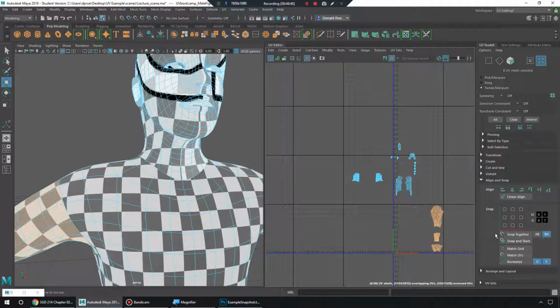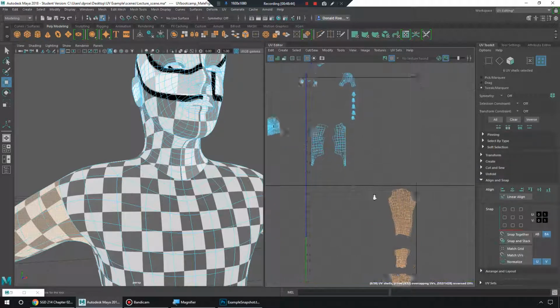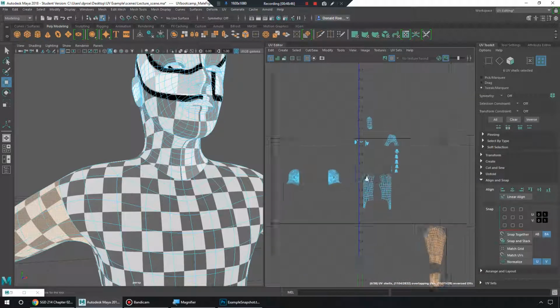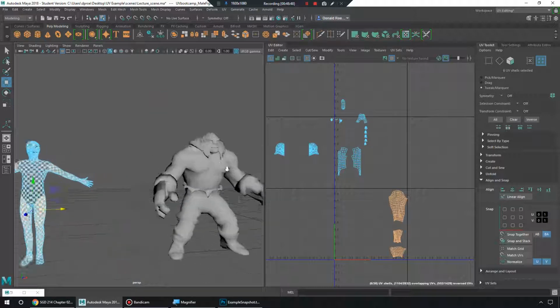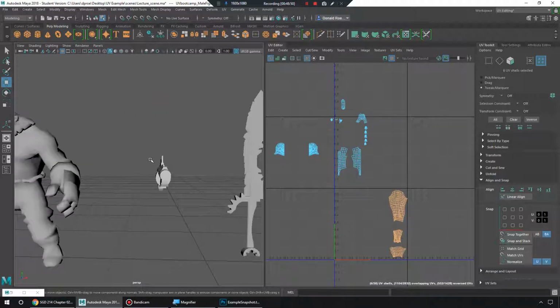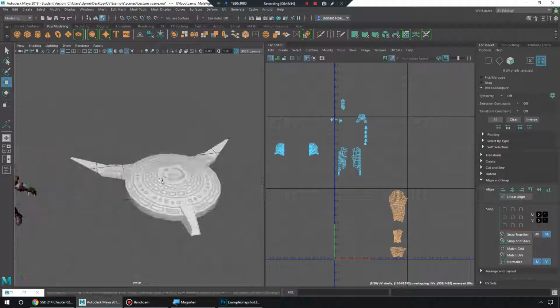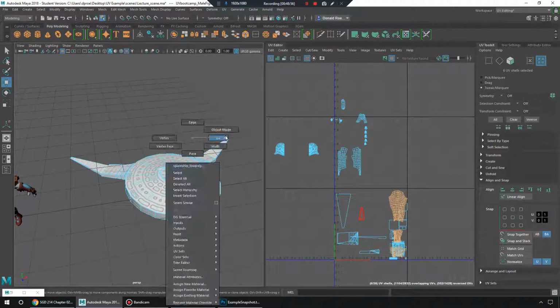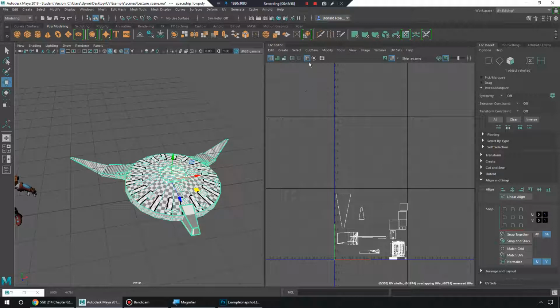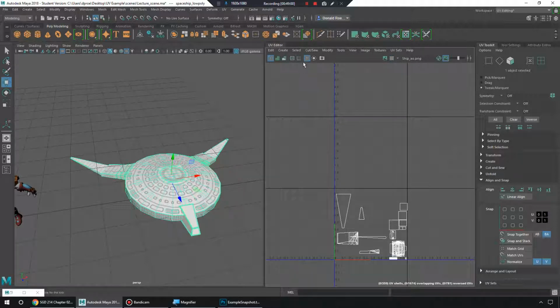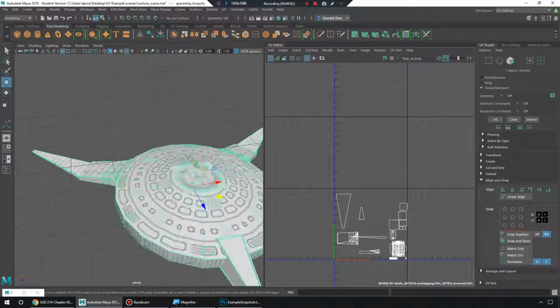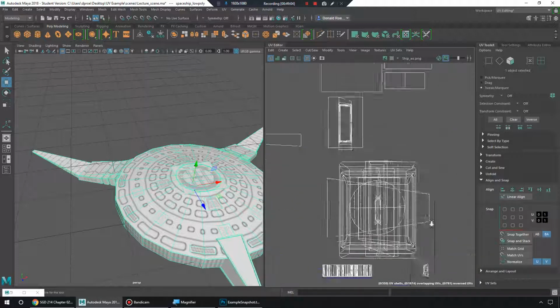The other buttons we have, snap and stack, are very important. Sometimes you just want your UV islands to all stack on top of one another because they all will share the same kind of generic texture. So why don't we look right here and see an example of that. I'm going to select this guy right here. Let's turn off some of these little tools that help. And we can see that